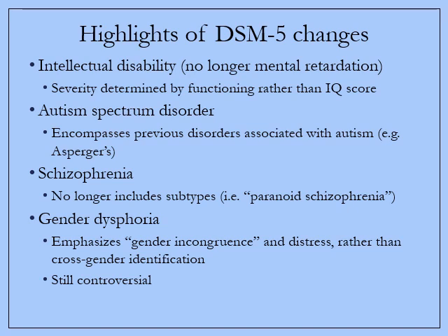So one of the changes was that what used to be called mental retardation is now called intellectual disability, in part because of the stigma associated with the term mental retardation. But importantly, severity of intellectual disability is now determined by level of functioning rather than IQ score. It used to be anyone who scored below a 70 on an IQ test was considered intellectually disabled. And now IQ score is a piece of the puzzle, it's information, but this person also needs to have